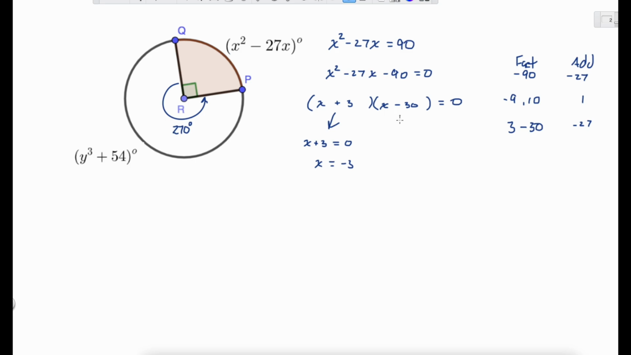I'm going to do the same here. Just take the x minus 30 and set it equal to 0 and solve, and I get 30. And I've solved for x there. So the x solutions are done. I'm going to go over here to the y,